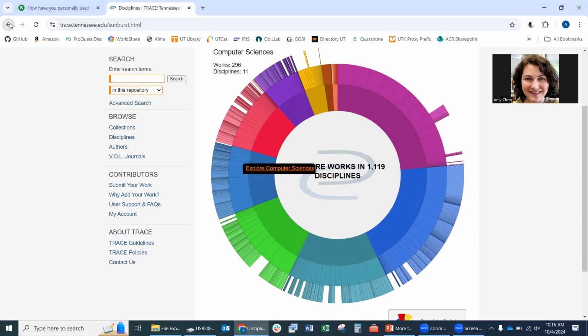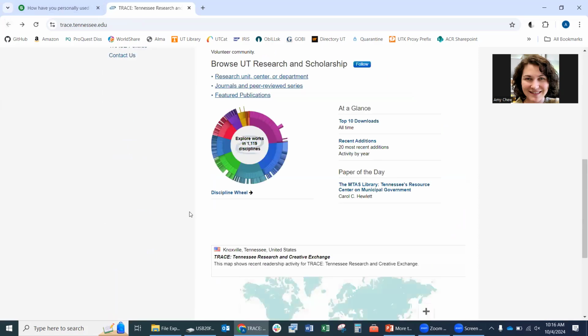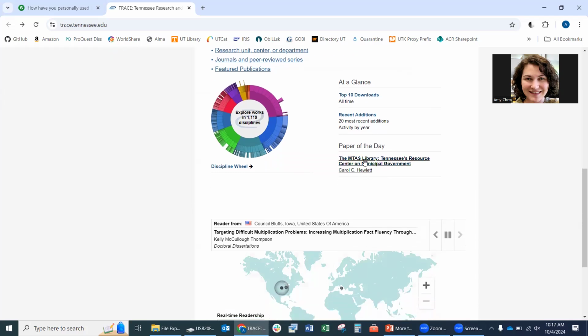works in that area. That's a special thing about a lot of institutional repositories: it's a huge conglomeration of all sorts of research and knowledge. As long as it came from somebody working at our university or working with the university, it can go in here and people can access it. And then we also have some fun things like the paper of the day that you can click on that changes each day.